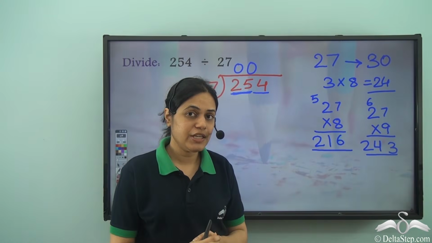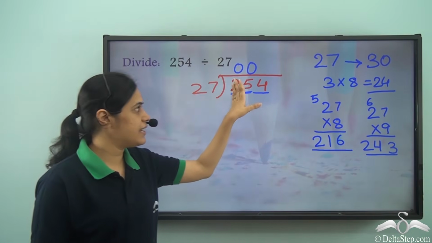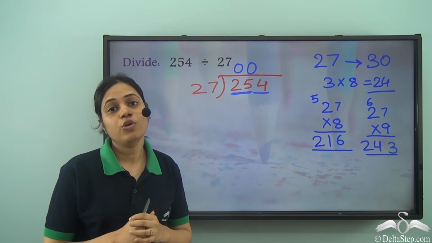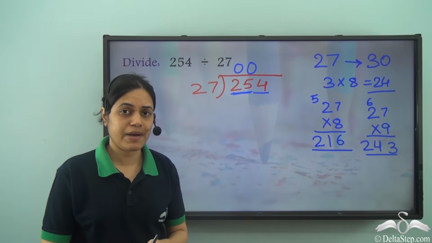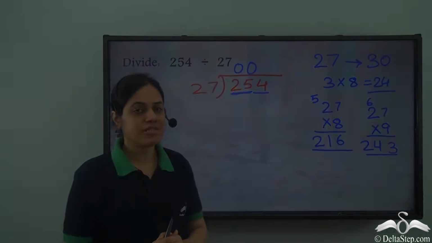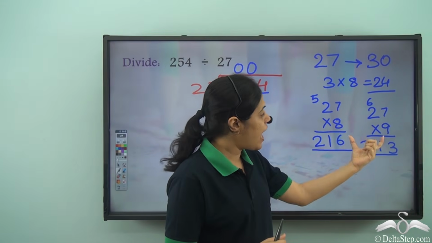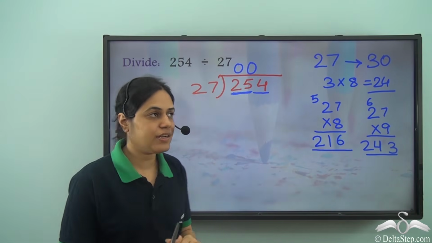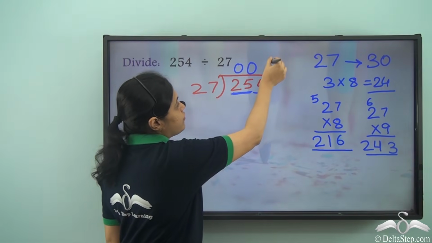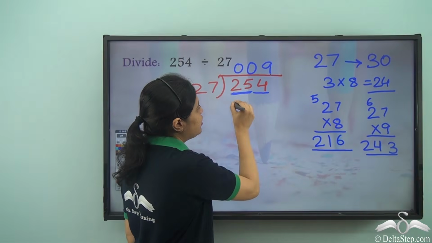But do I need to check by a higher number? Because 243 is less than 254, do I need to check by 10? No, we don't need to check by 10. We always check by one digit numbers. Because there is no one digit number greater than 9, I don't need to check by any other number. So 27 will go into 254 a maximum of 9 times, and I know it is